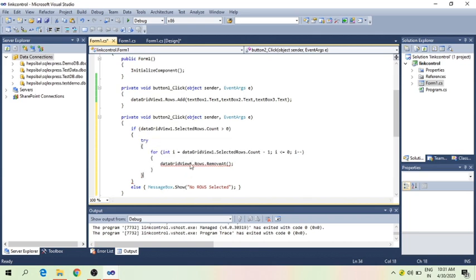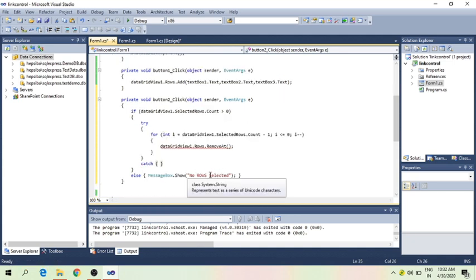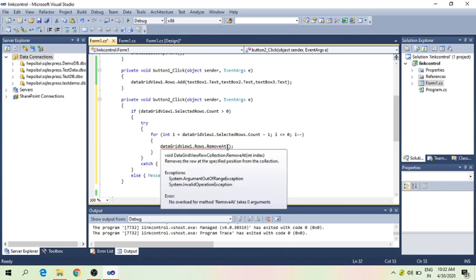One more, and after this catch. Okay, let's take a look at how it is working. Oh, okay, it is showing some error here. I did not delete any of the rows.